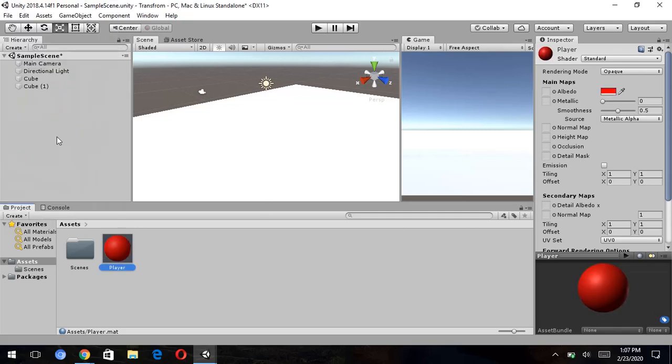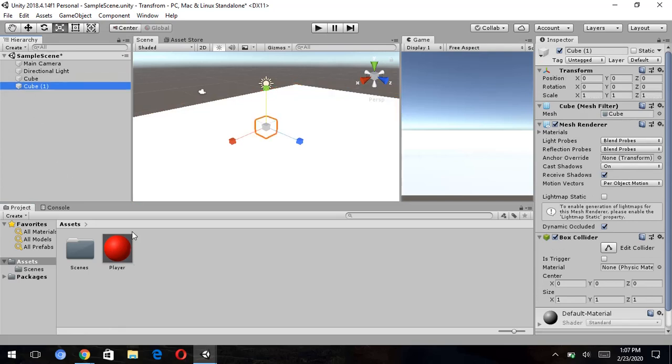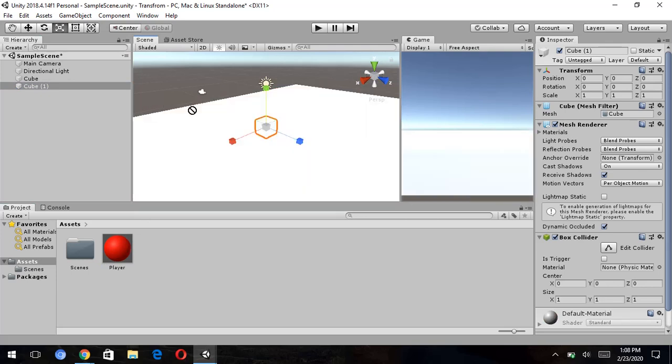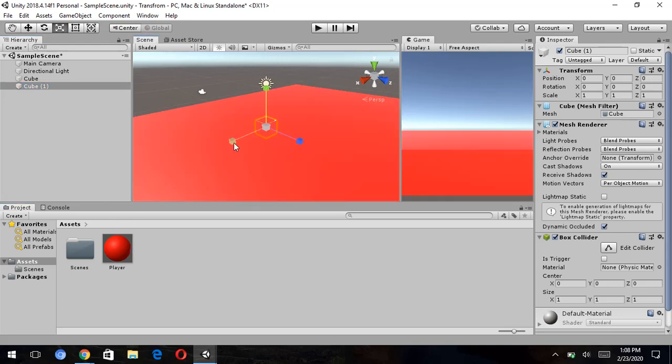Now we get the cube, and we drag the material over to the cube. Make sure to drag it to the cube and not the ground like I'm doing. Okay, yeah, nope, screw this. I'm making the ground red. Okay. So now we're gonna move the cube up,